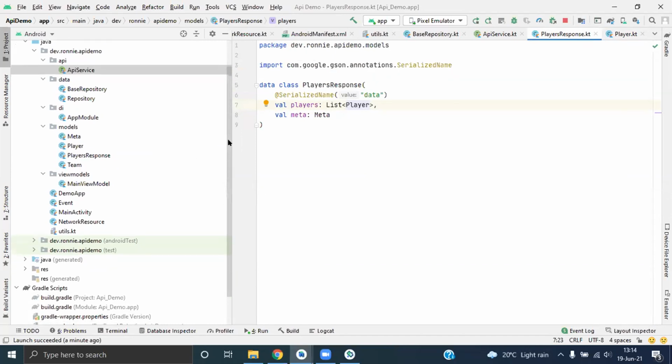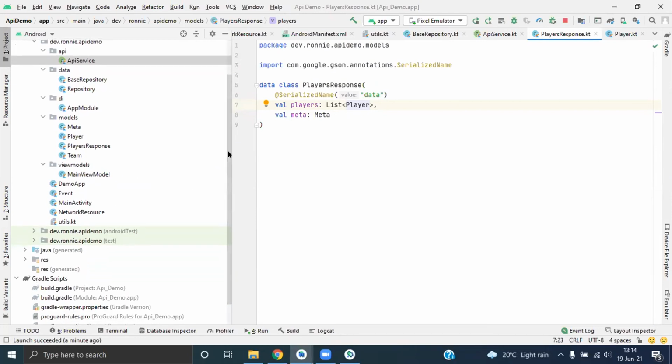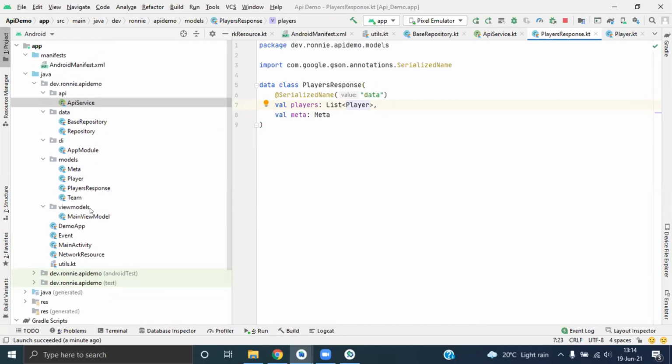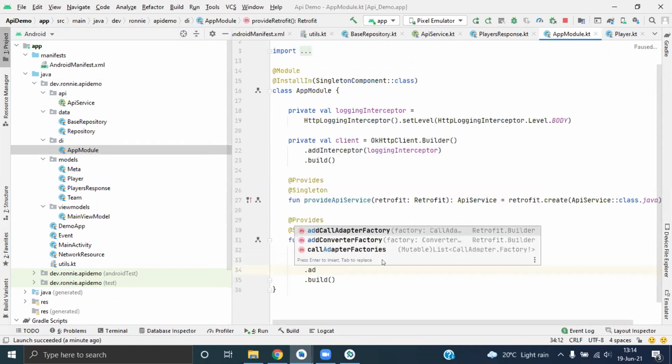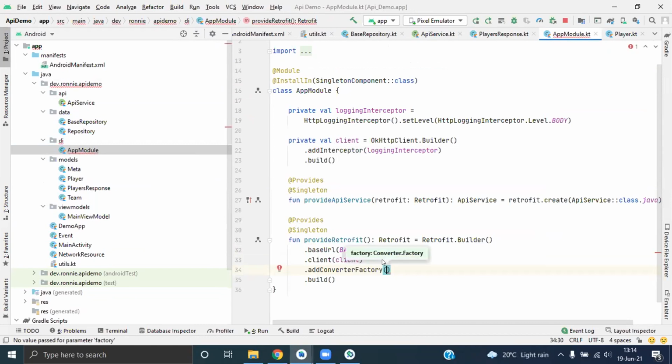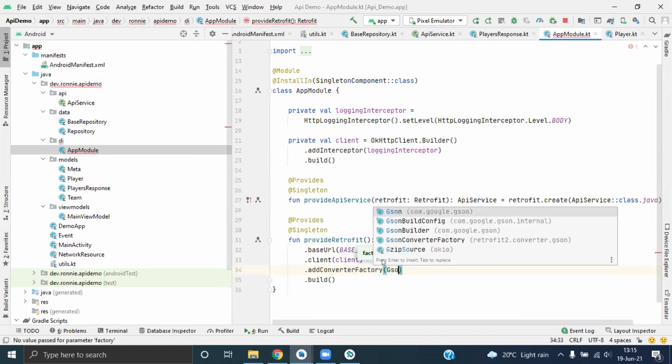Who is that? Thanks, man. What the heck? Thanks, man. This is why you only copy the Retrofit setup.